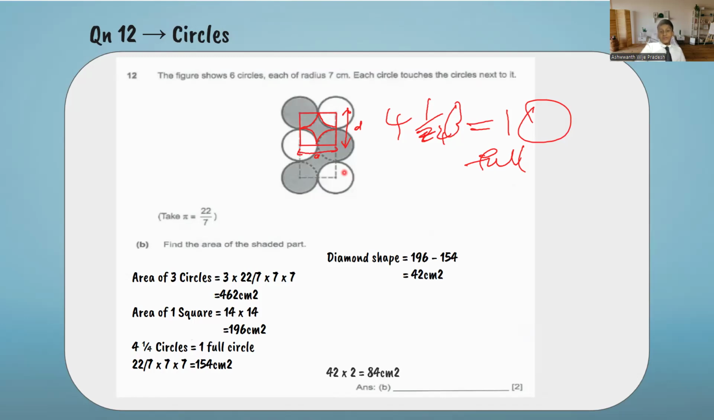So 2 diamond shape is 42 times 2, which is 84. And finally, we can take 84 plus 462 to get 546 cm squared. So this is your answer for this question, 546